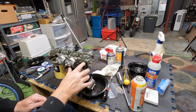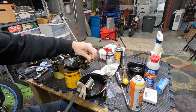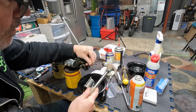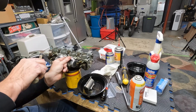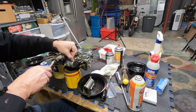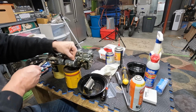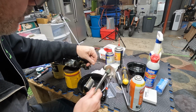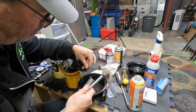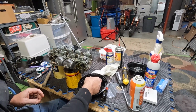So I like to take my time with these pins, even though you think you can just pop them out. Some you can, but some get stuck real good. And so it's usually light taps. Kind of see which way it wants to go, because I think there's a preferred way that they want to go. And after sitting for a while, they don't want to go either way. So you just take your time. Lock her down. There we go. That one was nice because the third one was hard. I thought I was going to break it, so